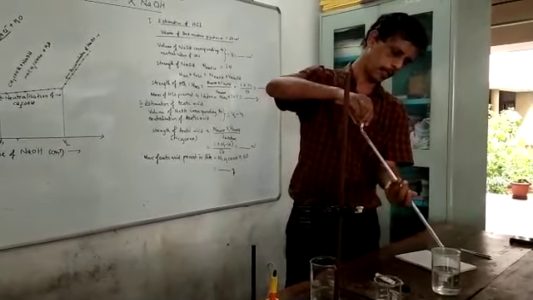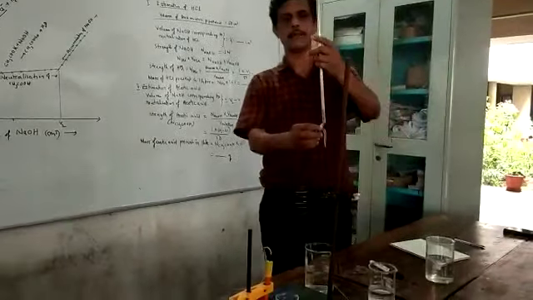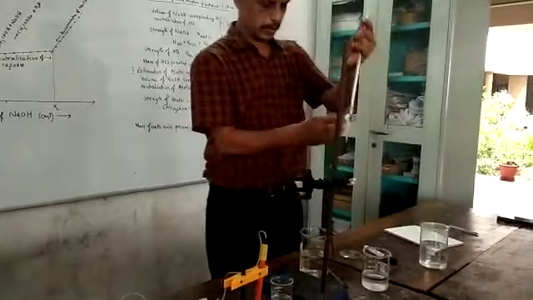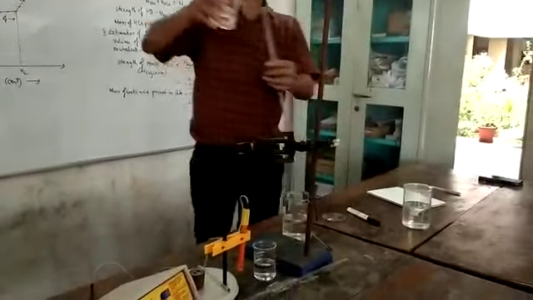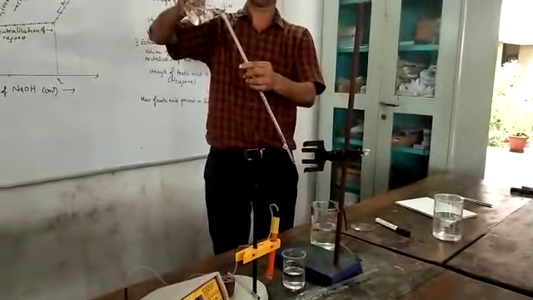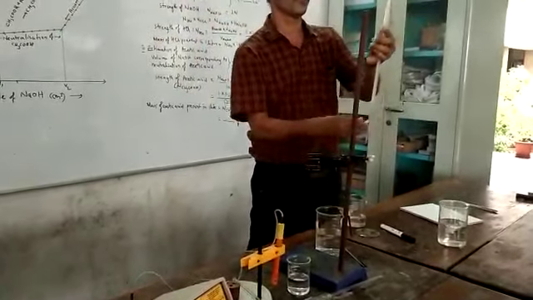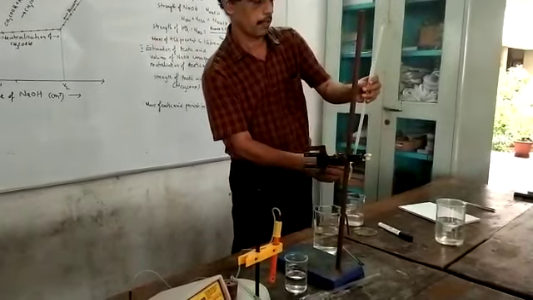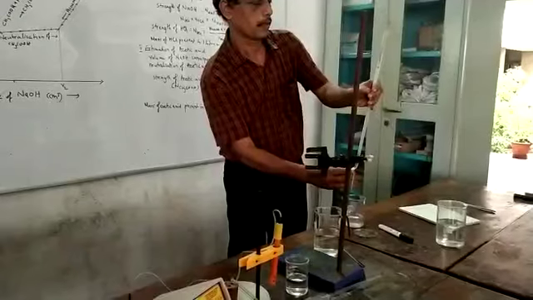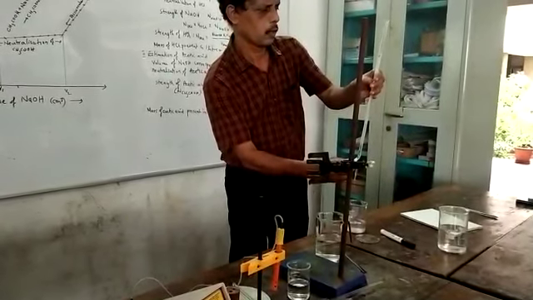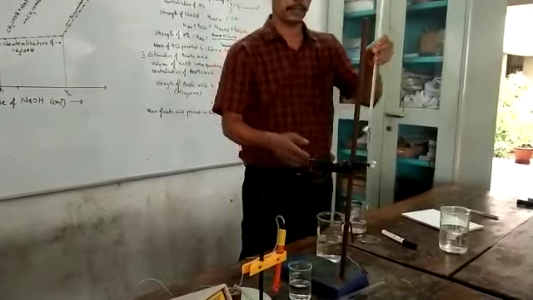This is a micro burette because you have to add volume in small amounts. That is, we will be adding 0.5 ml each. Again, tighten the screw of the burette and take the solution. Again, set to the 0 mark. It is a 10 ml micro burette. Set the lower meniscus to the 0 mark and take the reading.